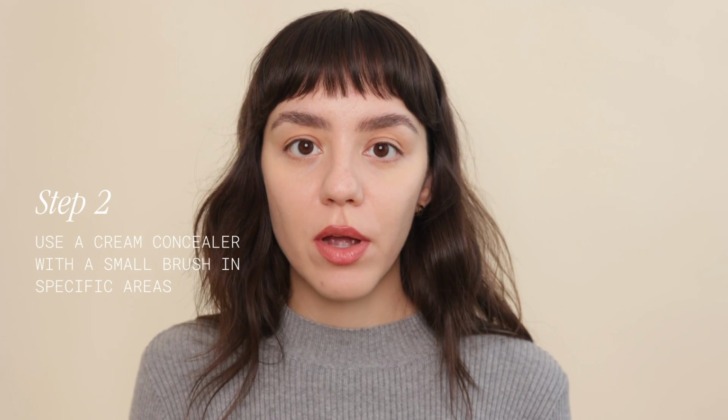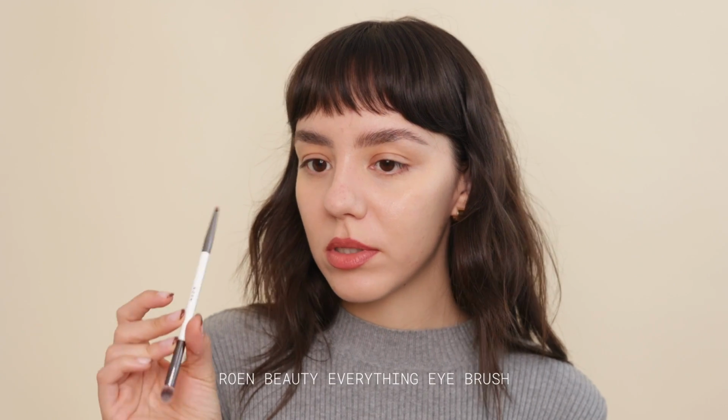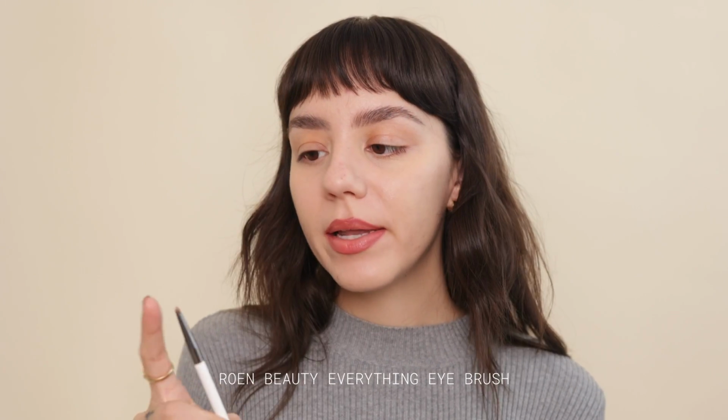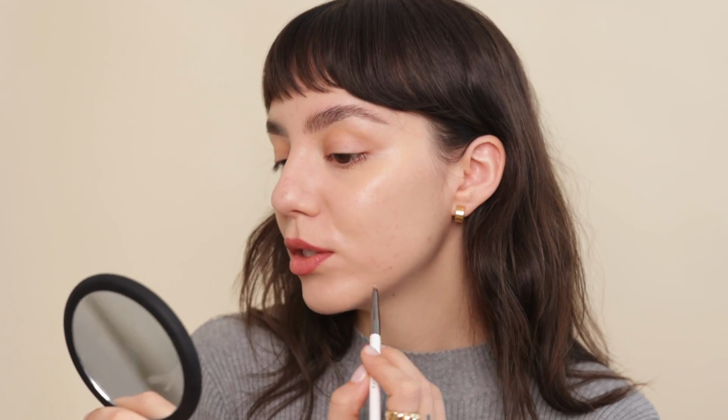Okay, so my number one trick that I would recommend for anybody who wants to cover up acne scars or acne marks is to find a really thin concealer brush. This is not a concealer brush, this is the Rowan brush, but it is pretty thin and pointy, and I like to use it to pinpoint on the areas. If you use a really big concealer brush, then you're just going to end up with concealer on areas that you don't want it. We're just going to go into the concealer and we're going to start painting over